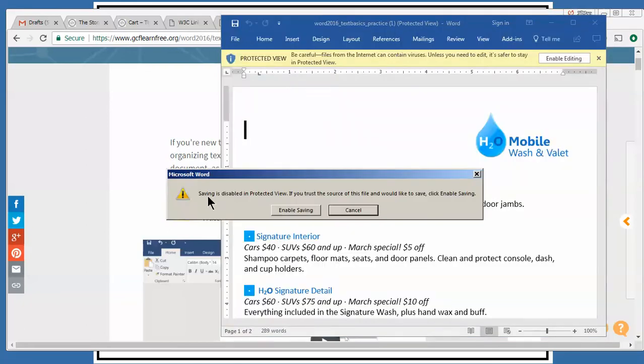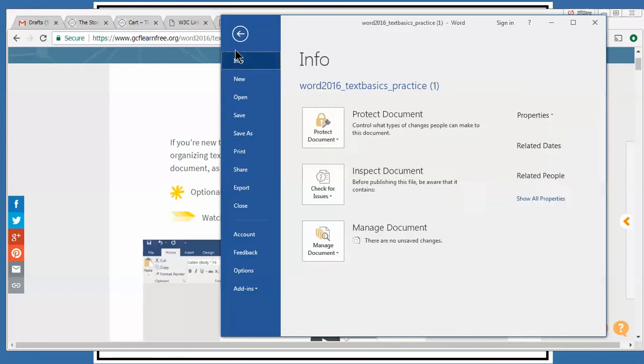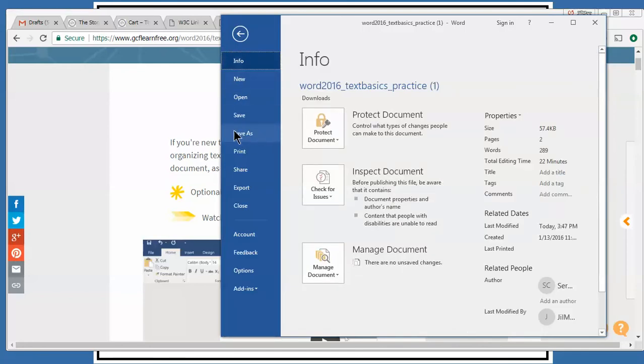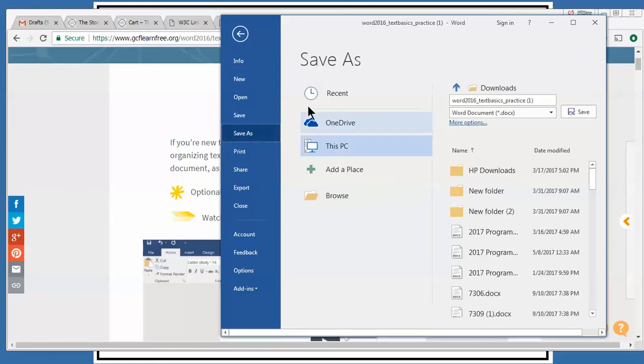First of all, this is a protected view. If I want to enable editing, I have to click this little Enable Editing box, and that's the way my computer downloads things, because you need to download them from a reputable place. So right now it's disabled, but I want to enable the saving. So I want to do it again, File. Now notice how Save As is now an option where it wasn't an option before. I'm going to say Save As because I want this to save on my PC,